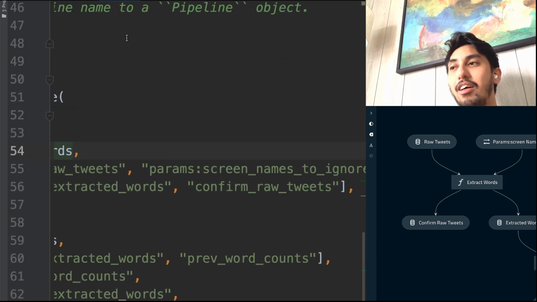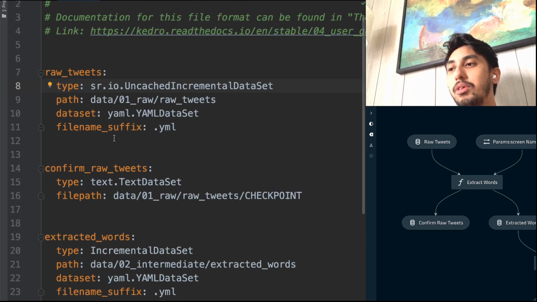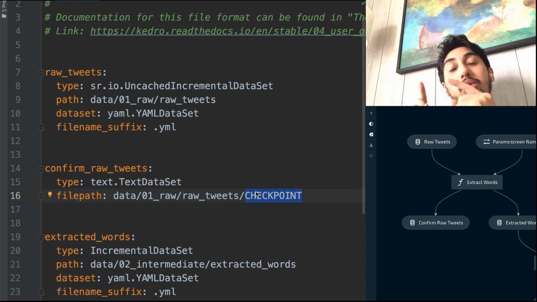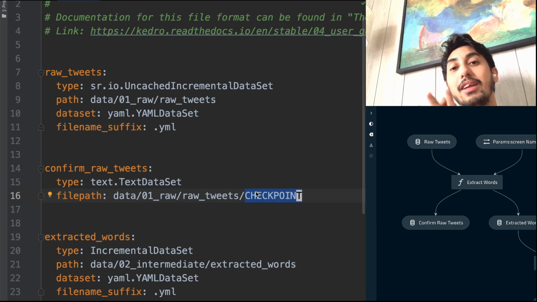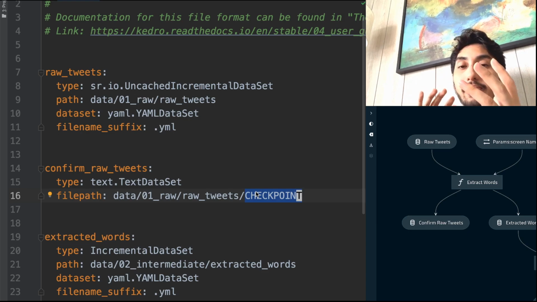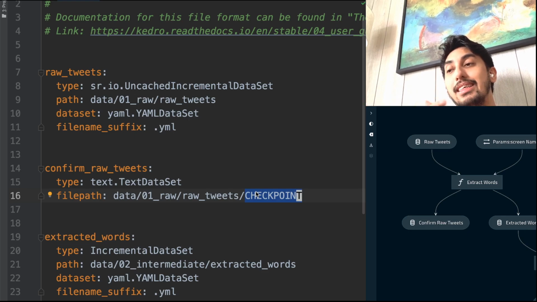This data set is a simple text data set which points to the checkpoint. This is where you would normally find the checkpoint file inside the raw tweets. So we're recreating our checkpoint function